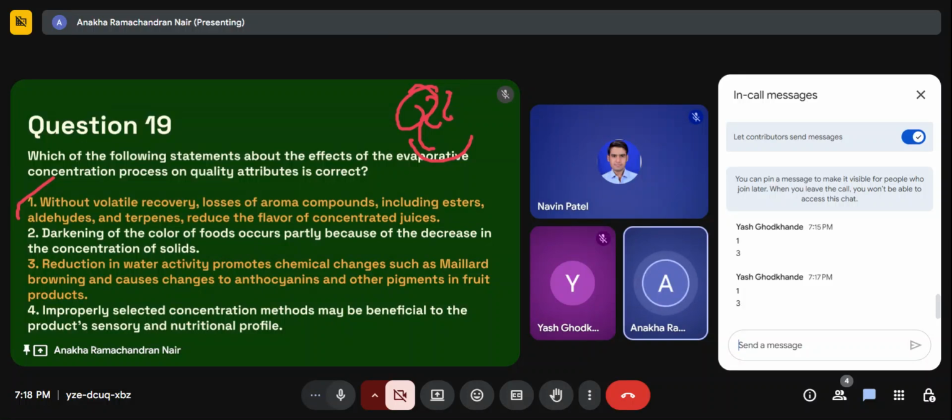So that darkening of color occurs partially because of a decrease in concentration of solids is incorrect. It happens because of an increase in the concentration of solids when compared to the liquids in that concentrate, right? So that is incorrect. Option 3, that is reduction in water activity, promotes chemical changes such as Maillard browning and causes changes to anthocyanin and other pigments in fruit products, which is